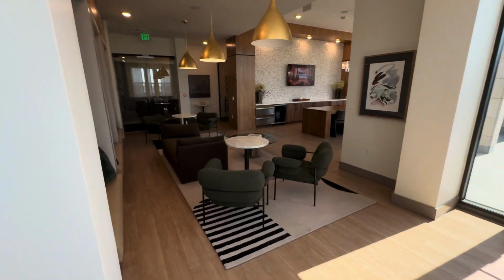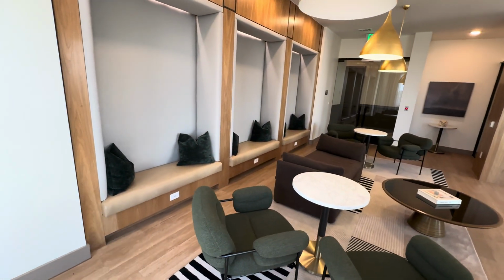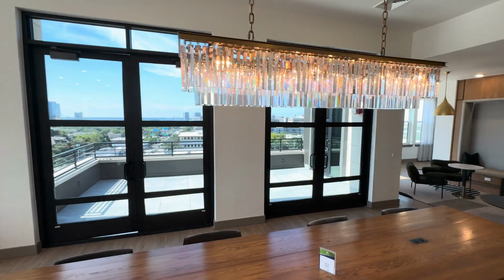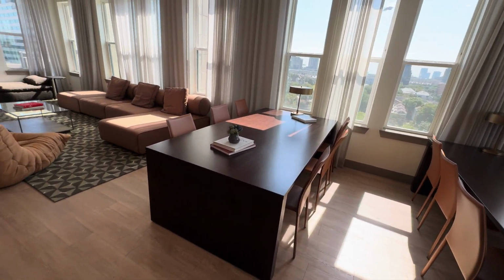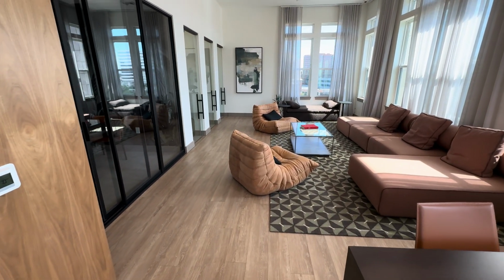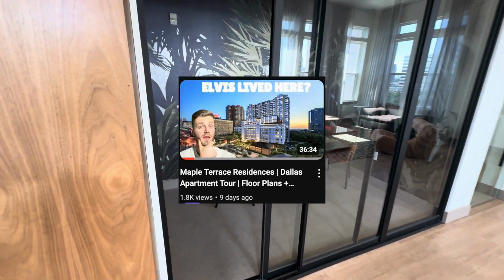Moving over to the Sky Lounge, this is going to be on the 7th floor, and the first thing that grabbed my attention is this pretty wicked looking chandelier, but you've also got a larger conference room as well as 3 separate pods, which I thought was pretty cool. It kind of reminded me of the study pods over at Maple Terrace,